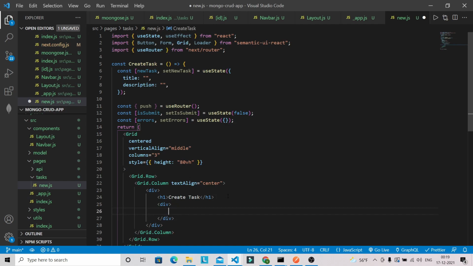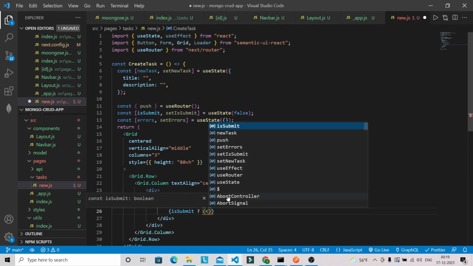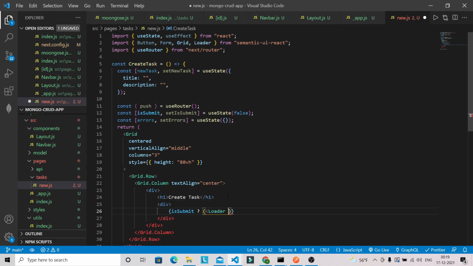So we can check here if isSubmit, then we're gonna have a Loader with active, inline, centered.